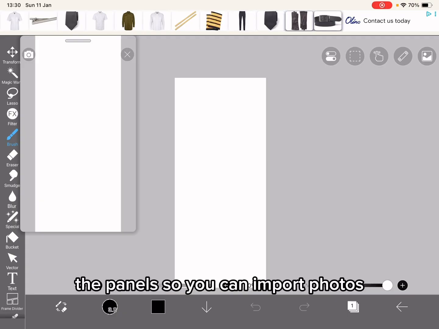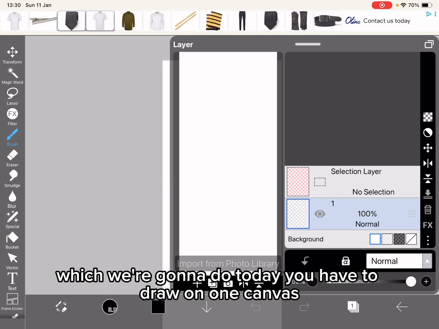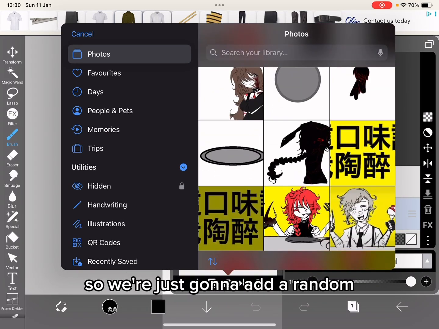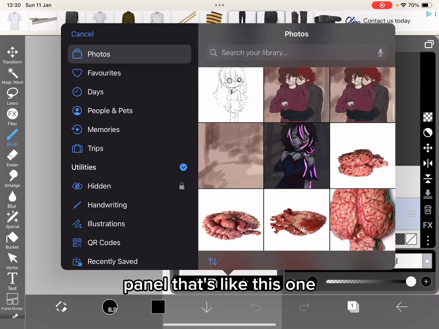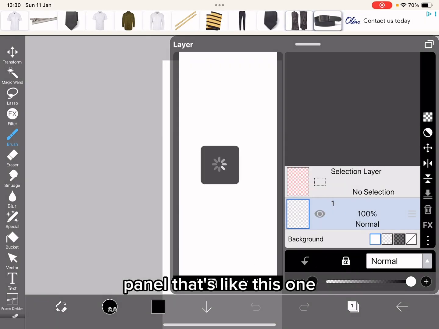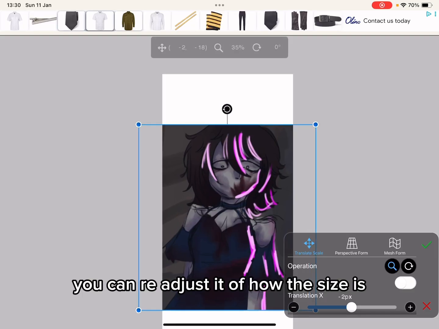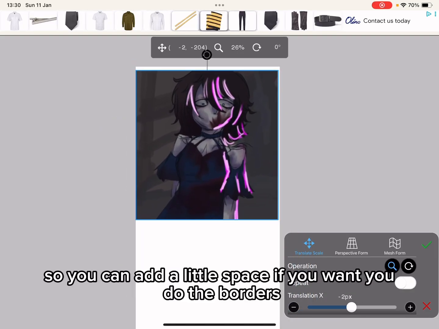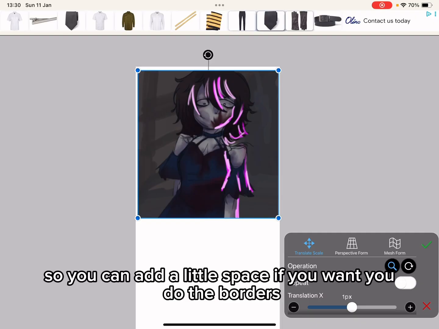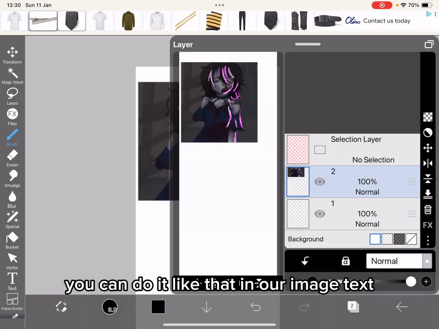The panels, so you can import photos, which we're gonna do today. You don't have to draw on one canvas, so we're just gonna add a random panel like this one. You can readjust the size, so you can add a little space if you want. You do the borders, you can do it like that in another image. Text